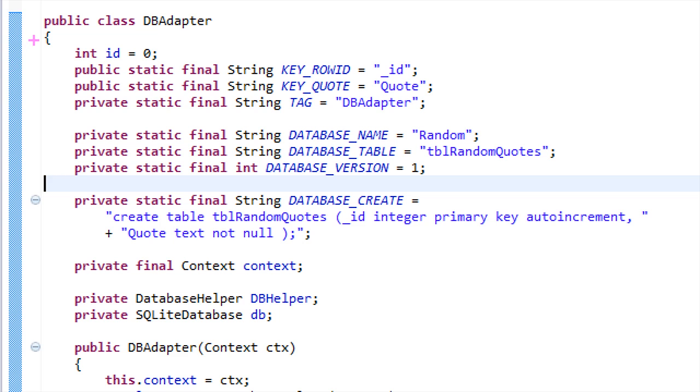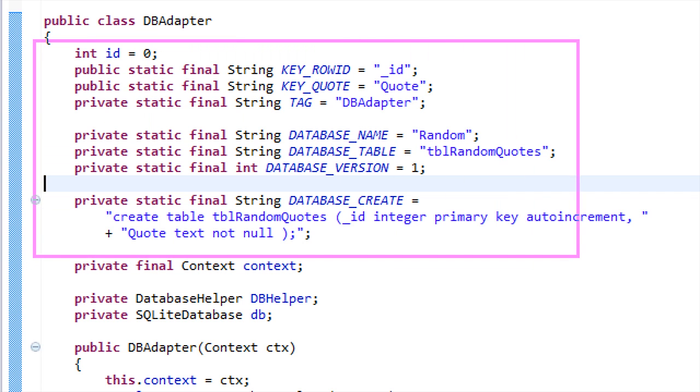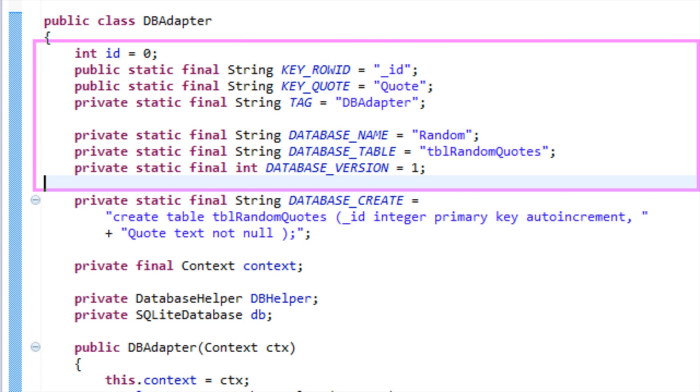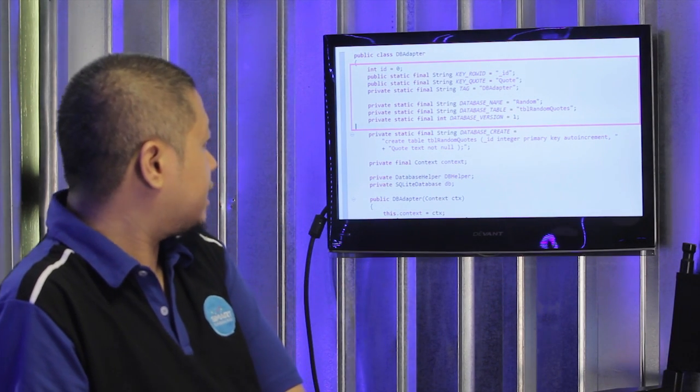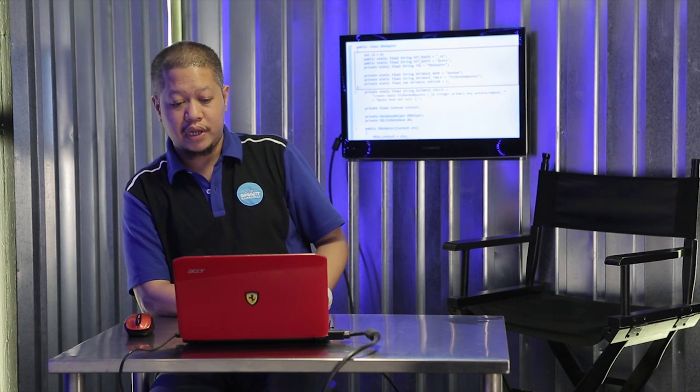You'll notice that the starting section of code has the following variable initializations. For those who like using databases, you'll notice that I've named not only the database, but also the possible columns for my table.